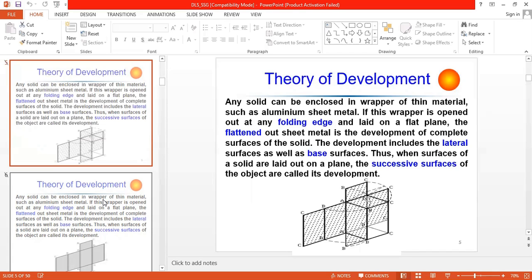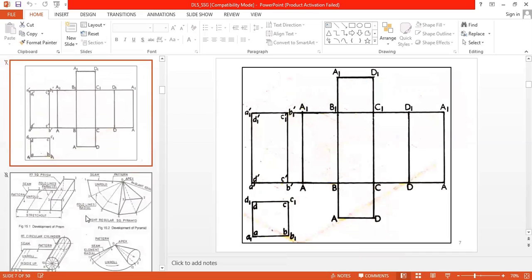If we see, this is the prism, a square prism shown here. This is the bottom surface, this is the top surface, and there are four rectangular faces. AB, BC, CD, and DA are the four rectangular faces. Where I am saying sides, that includes the rectangle. Then you can see how to draw the front view, top view, and side view of that.